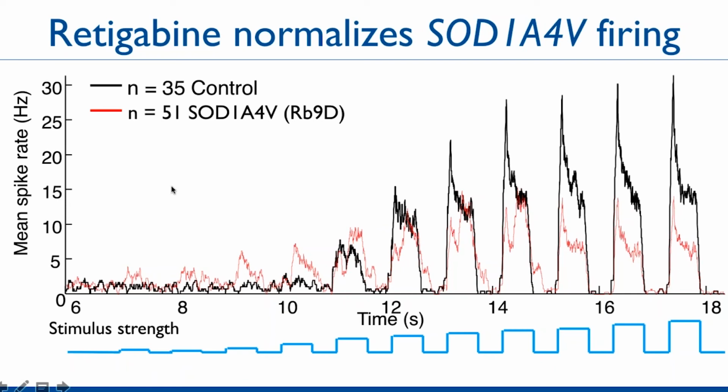And in this experiment, we're stimulating the cells optically with different amounts of blue light to open up a channelrhodopsin they express to make them fire, and reading out whether or not they're active using this voltage indicator, in which we can then detect their spiking frequency. What you can see is that at these very low levels of blue light, there's very little activation of the control neurons. They don't fire very much. In consequence, you can see that just tickling the mutant ALS cells with blue light induces their activity.